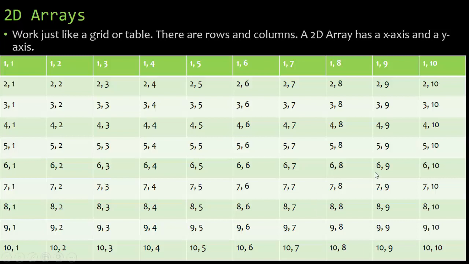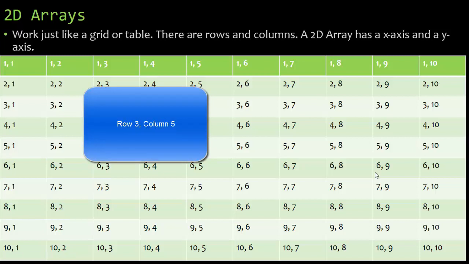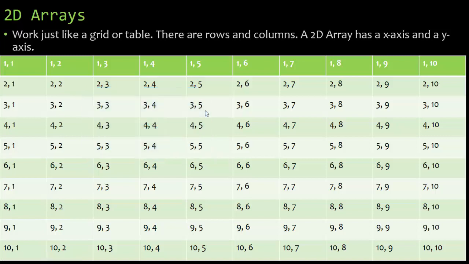So for example, say we're looking in a 2D array and we want the information in row 3, column 5. That means it would be stored right here. If our 2D array has 10 columns and 10 rows, there's 100 spots that we can store information in. So this game, by doing a 10 by 10, there's 100 places that the treasure could be. Making it any larger could get a little overwhelming for the user, but 10 by 10 is a good place